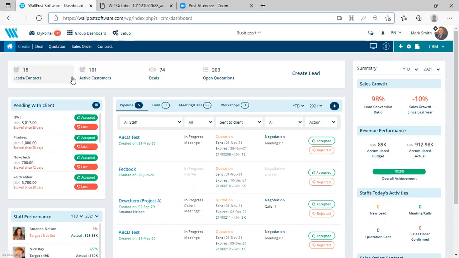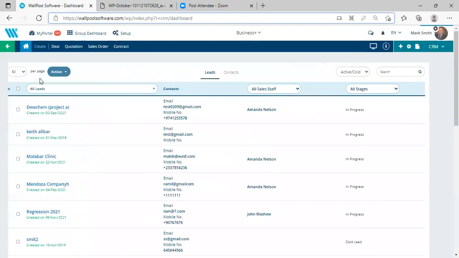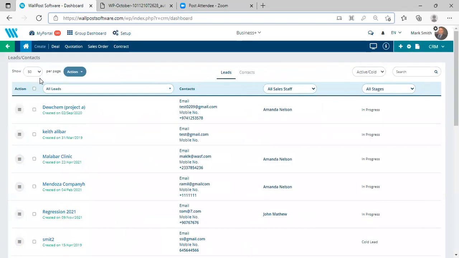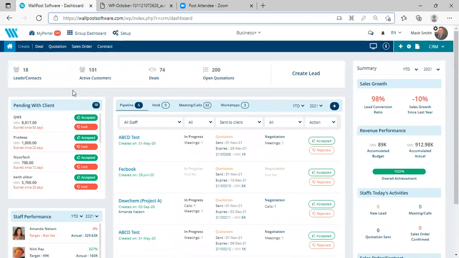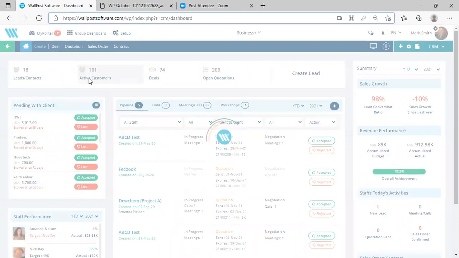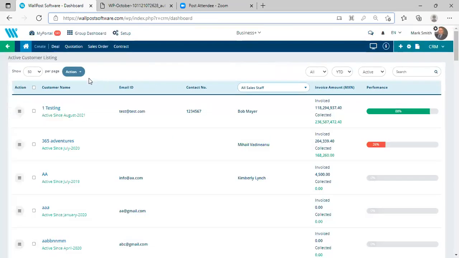I can create leads and contacts that I get from certain business associations or webinars. After I create leads and I click on this, I get more details of the leads, like where they are from, what is their contact information, everything over here. And if at all I establish a contract, then I can see who all are my active customers with all the customer statements so far, how much business I have done with that customer and what are the collections so far I have done.